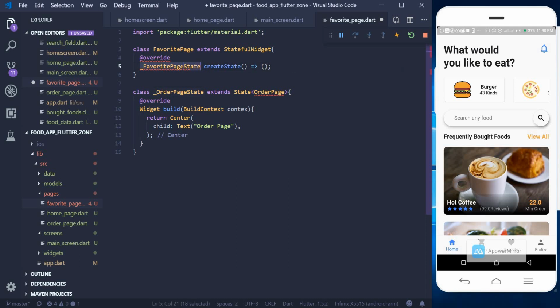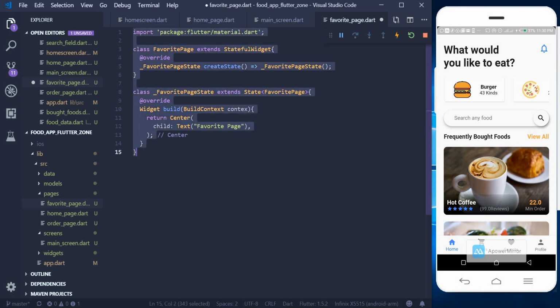Let me just copy this one here and then paste it there. And then we can also paste it here, and then we can copy this one and then paste it here. Okay, so instead of other page, we change it to favorite page,